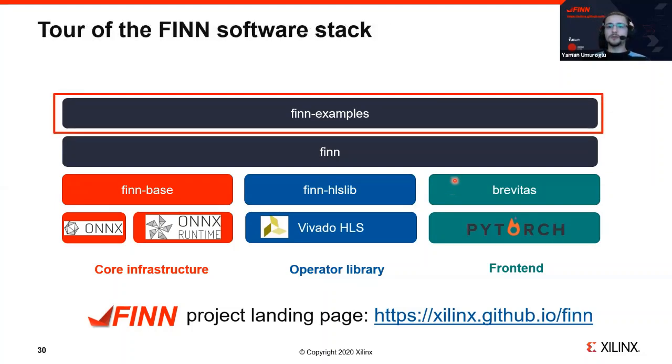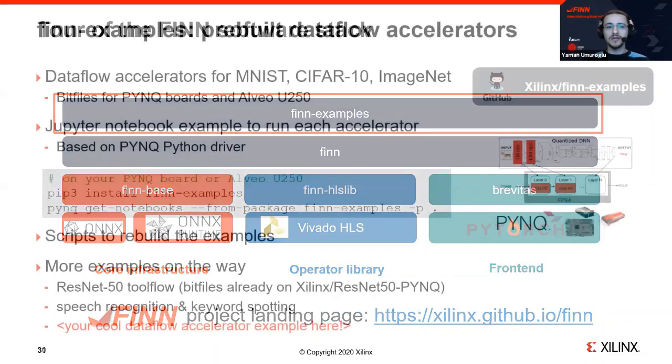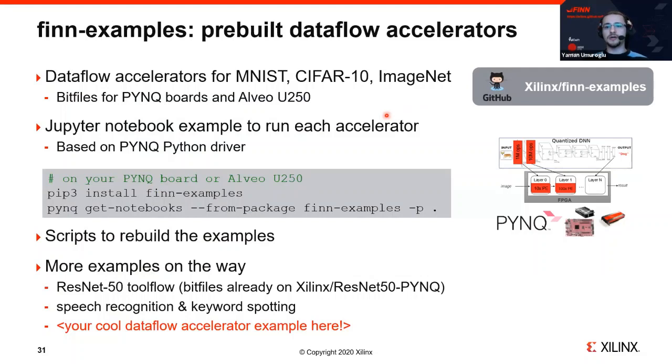Now, let's have a deeper look at each of those components, starting with Finn examples at the top. As the name implies, this repository houses example dataflow accelerators built with Finn, and you can find it on GitHub at this URL here. Here, you'll find pre-built bit files targeting several image classification datasets and a variety of PYNQs on Zynq and Alveo